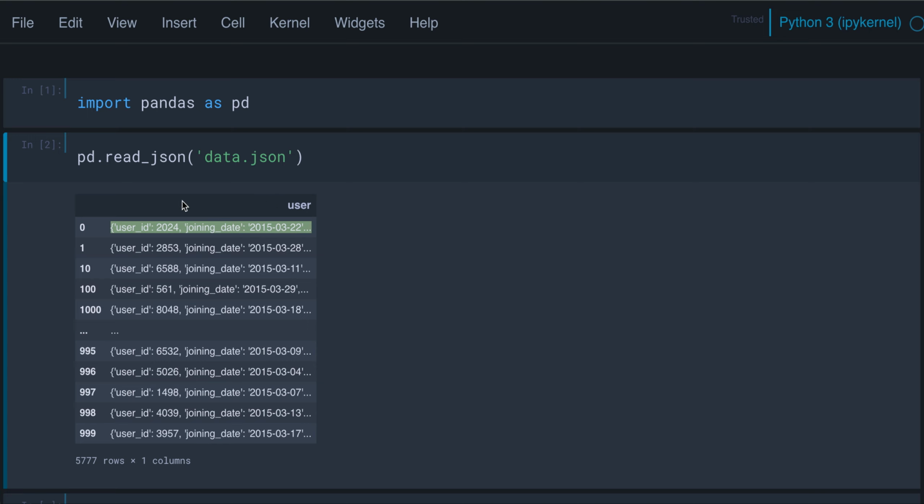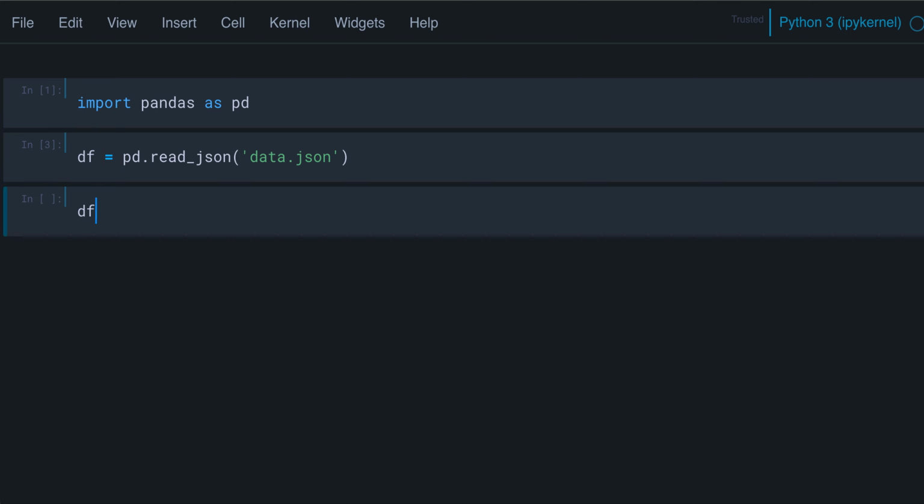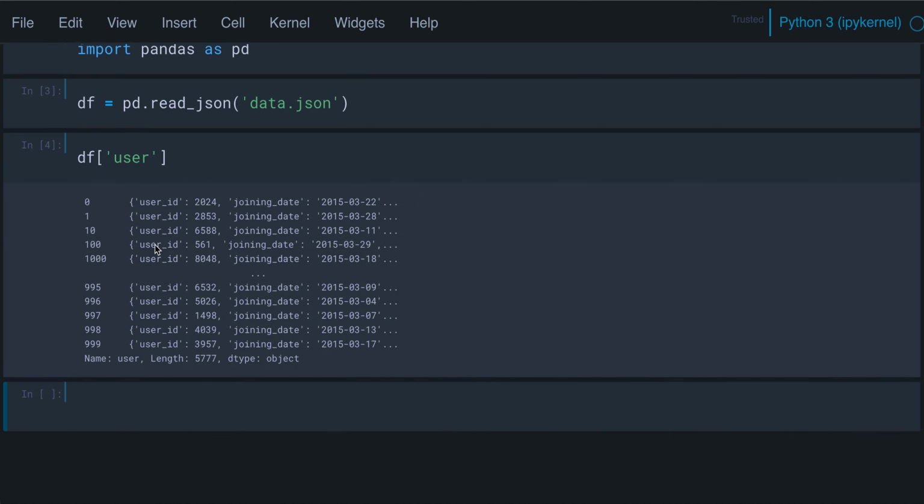Now, wouldn't it be nice if we could take the user ID and make it a new column, and take the joining date and make it a new column, etc., etc. And it turns out we can, but let's just store this in a variable called dataframe first, and if I get this user column, we see this series of dictionaries,